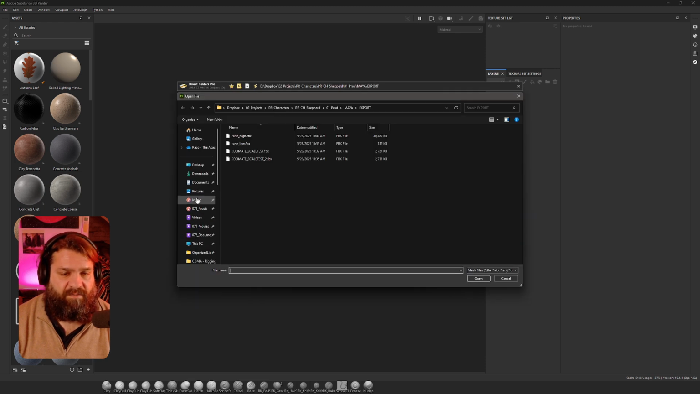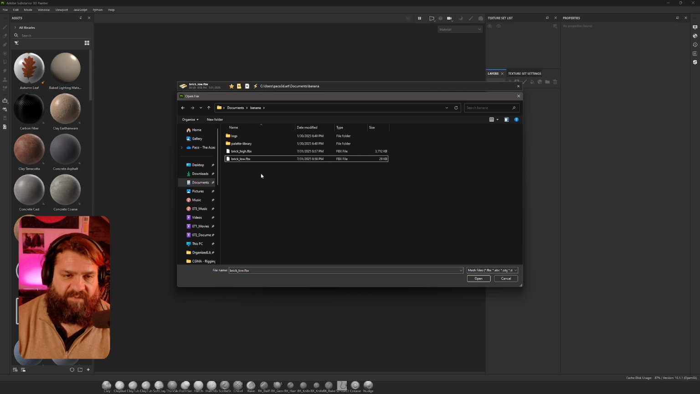This is still where you need to select your file. So we go in here. Oh, that's the cane high, cane low. That was such a good thing that we did. So let's go Documents, banana, and we go brick low. Okay. Before I continue,